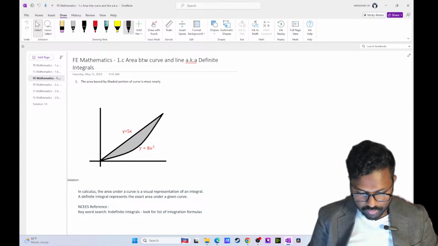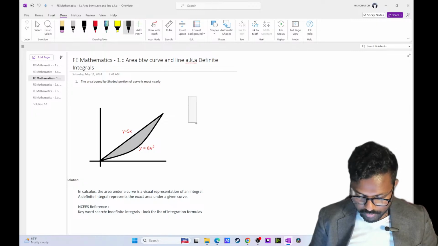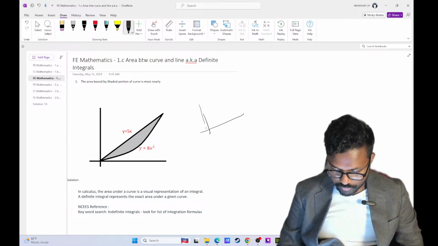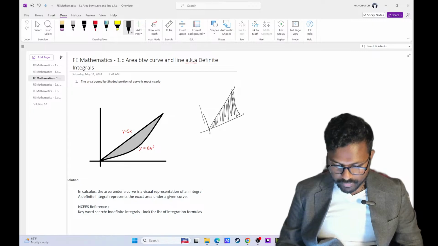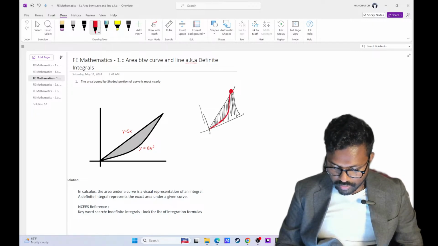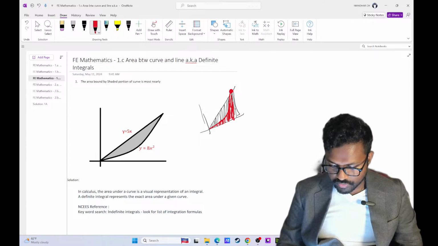For example, this is the area bound by the line, and if you also draw the curve here, find this intersection point, and if you find the area bound by the curve, which is the red that you see here shaded in the red,